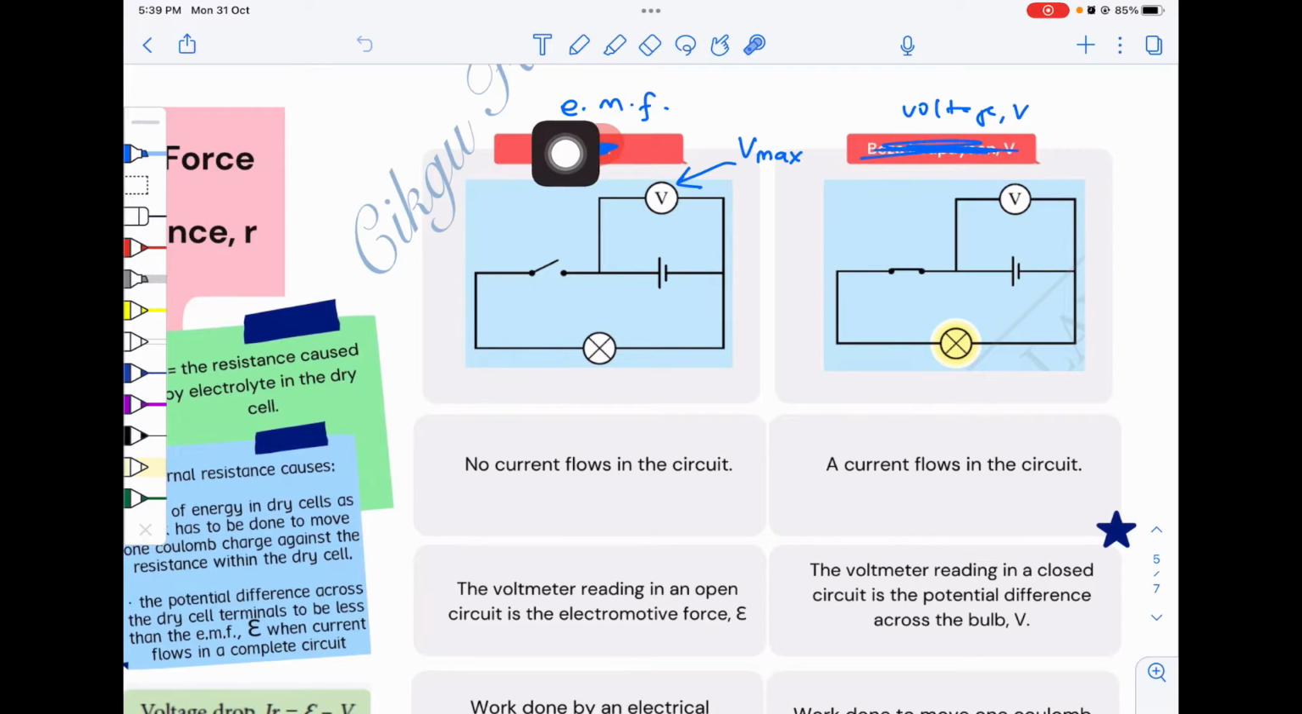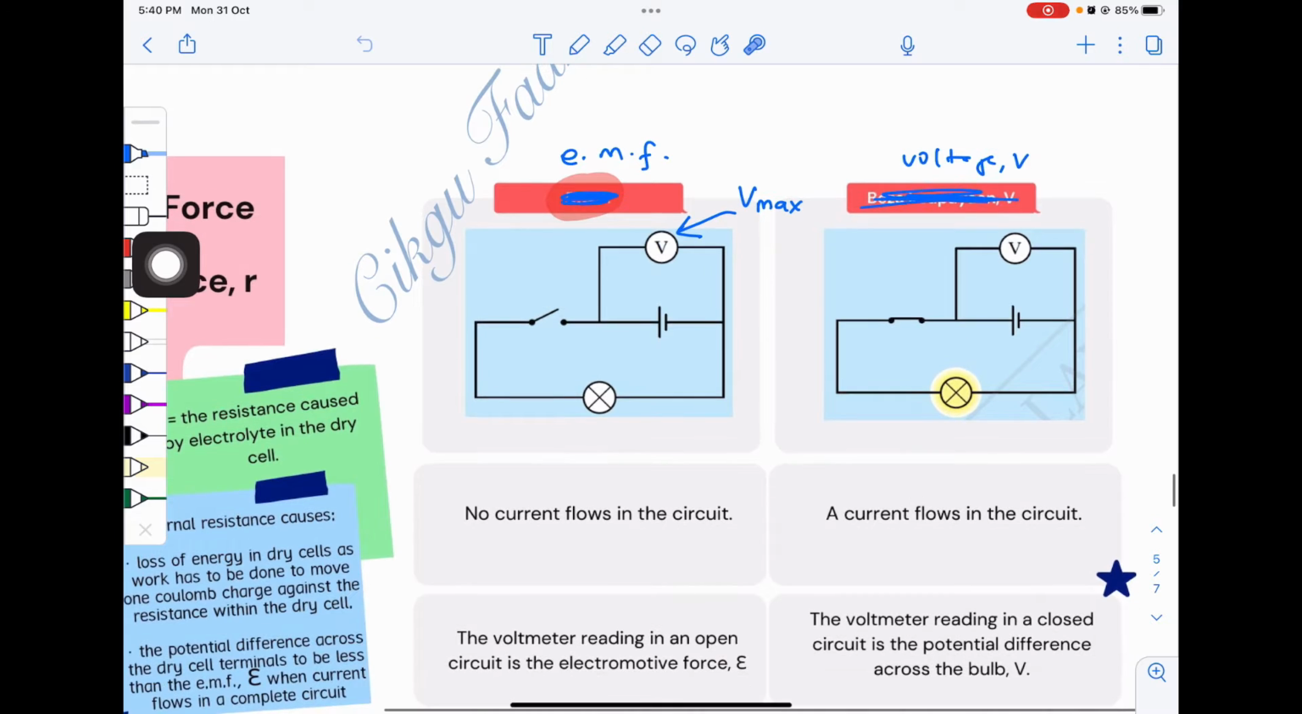So EMF. Look at the diagram. We are measuring. In order to measure EMF, we use a voltmeter. Voltage also we use a voltmeter. Now, when the voltmeter is placed across the dry cell and the switch is open. Open means incomplete circuit, it is open. Right? So what happened to the